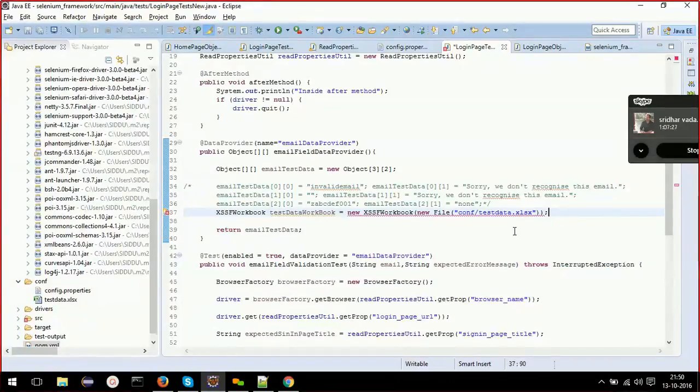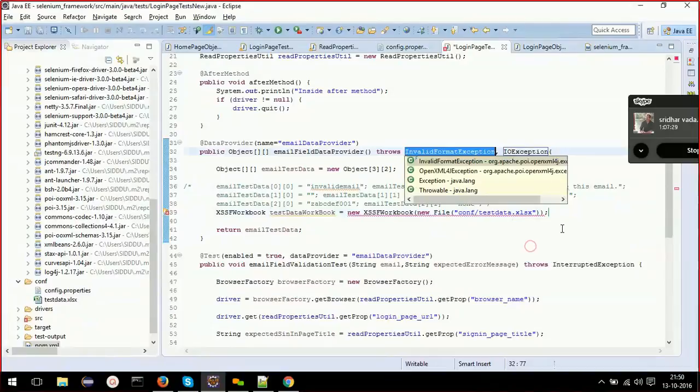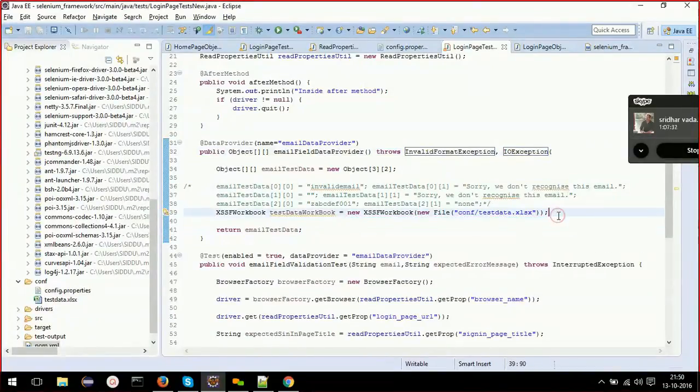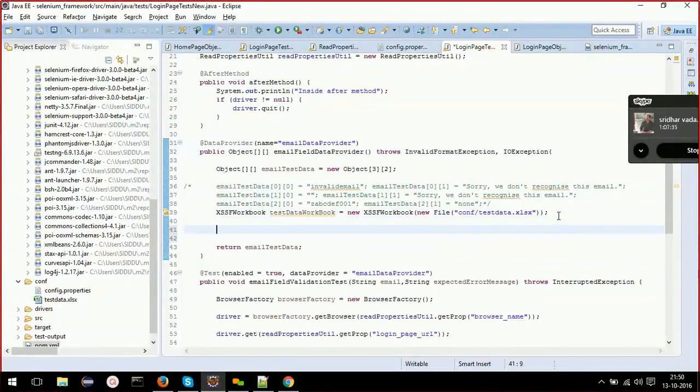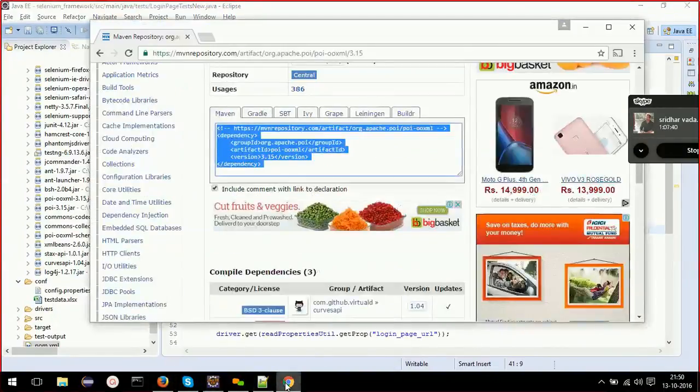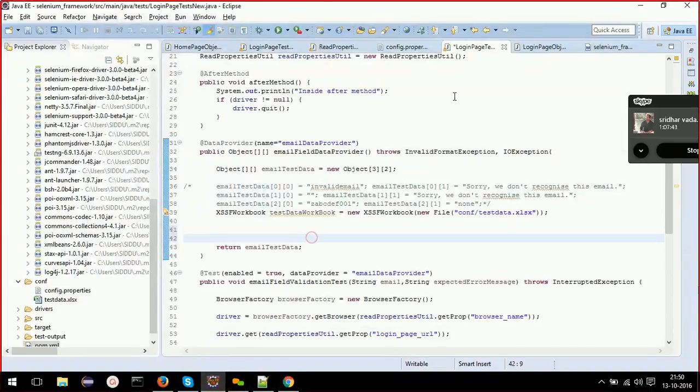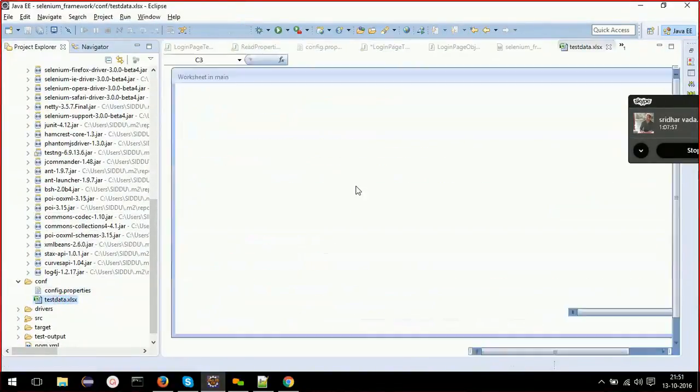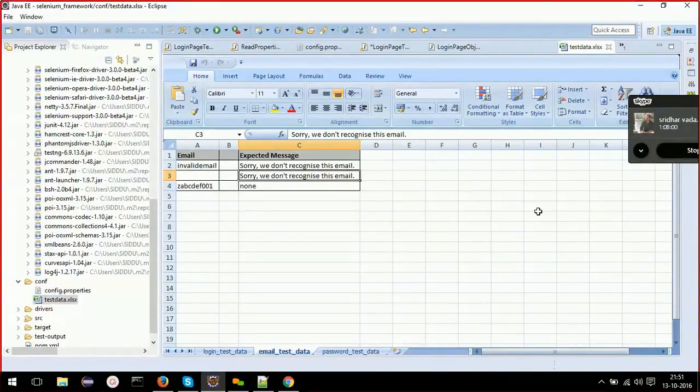Imports, okay. Now, yeah. The next thing that we need to do is, what is the name of the sheet? Email test data sheet equal to, if I open this, see, workbook refers to your complete Excel file and sheet refers to your sheets. So I want to read data from this sheet.